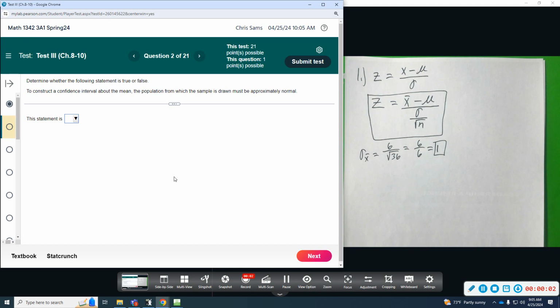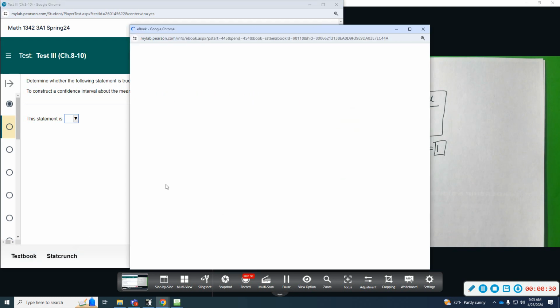All right, number 2 says determine whether the following statement is true or false. It says to construct a confidence interval about the mean, the population from which the sample is drawn must be approximately normal. Okay, so this one is one I think you might see verbatim on your test, so I don't want to just give the answer away, but I will give you a hint as to where to find it. So the textbook and StatCrunch are enabled,